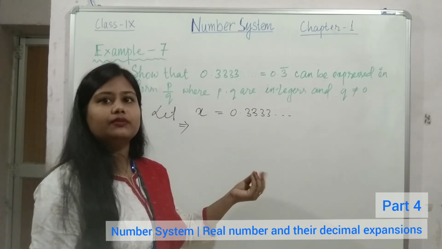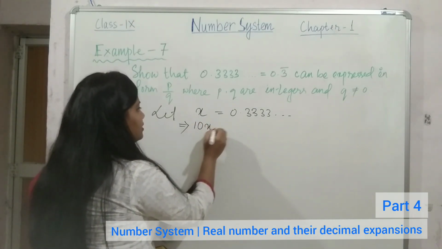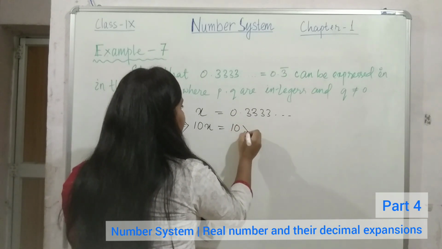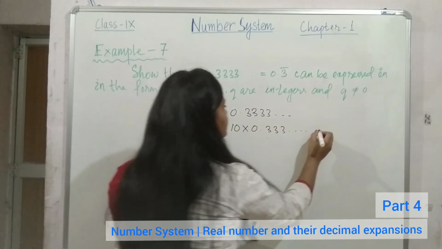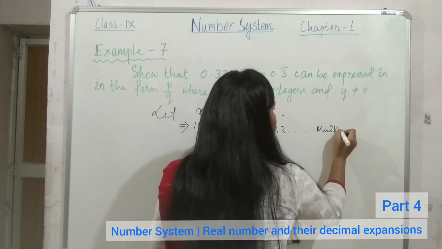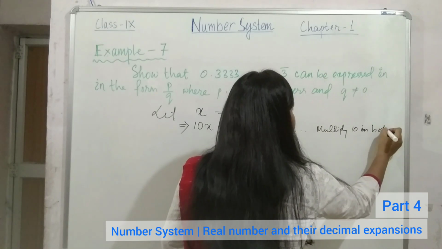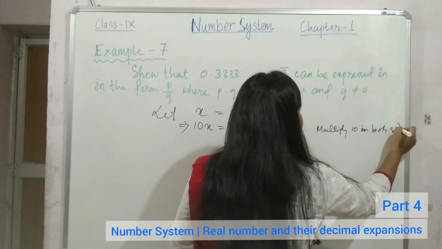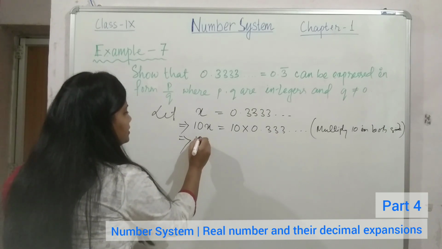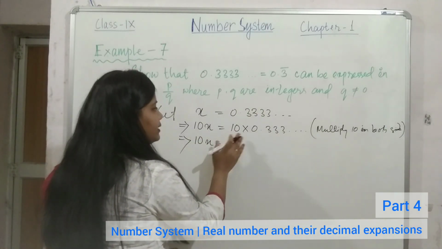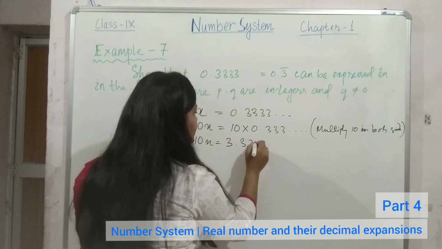So let us multiply 10 on both sides, and this will not change the value of the equation. If I multiply 10 with the decimal, it becomes 3.333...